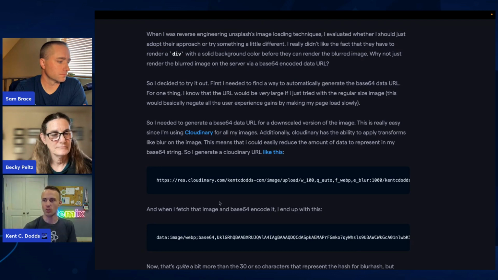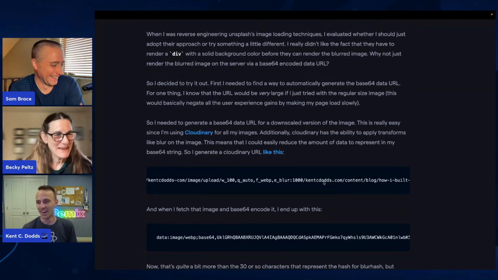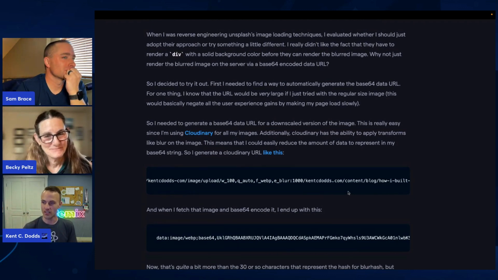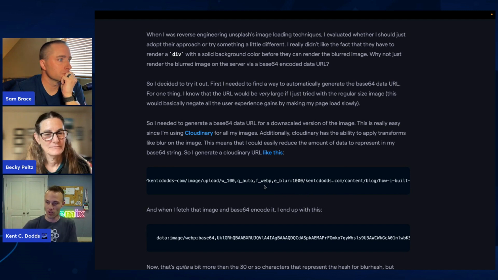What's cool with Cloudinary is I can just say, hey, give me an image that has a width of 100, and give it the effect of a blur of 1,000, whatever that unit means. I don't know what it means. I tried a bunch of numbers and I chose one that worked. Yeah, exactly. And I also specified the format as WebP, just because this is my server doing it, so I can't rely on whatever browsers are requesting this. So I make a fetch request on the server at runtime that gives me back the image data, which I then encode with Base64,